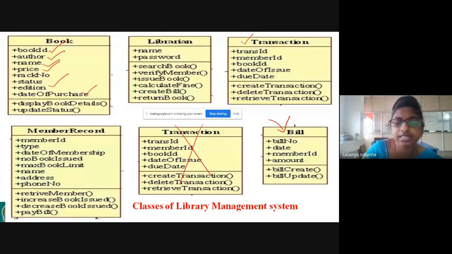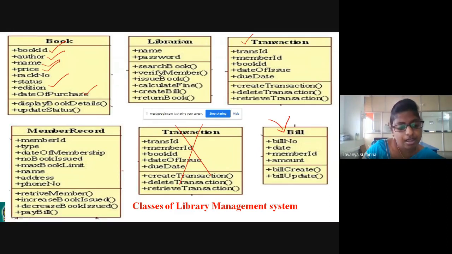Don't learn all these by heart. Just write on your own. Just think what attributes a book will have. Book will have an ID. Book will have an author. Book will have price, edition, which edition, all these things. Just identify all these attributes.